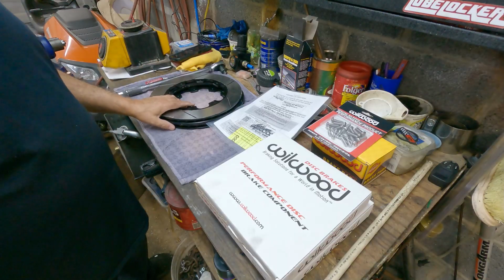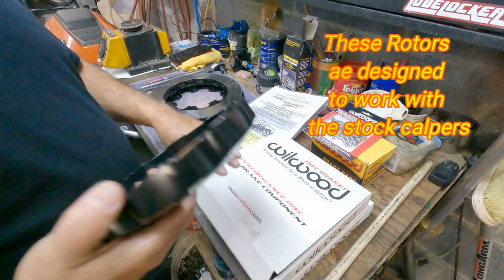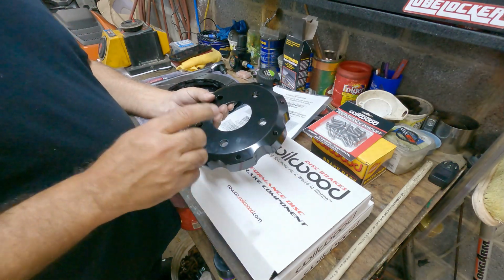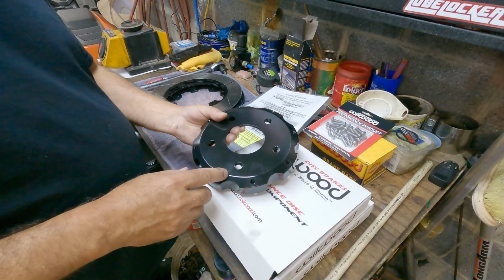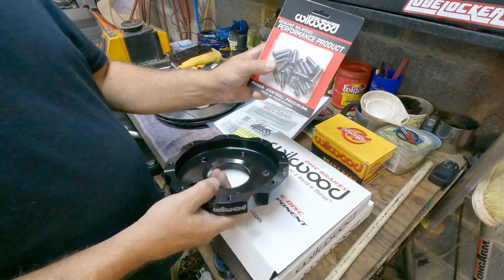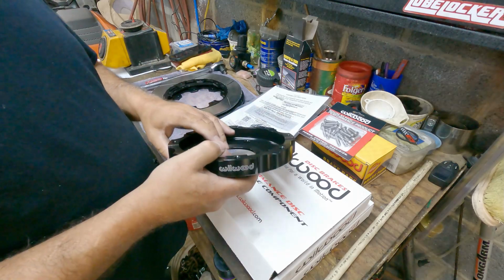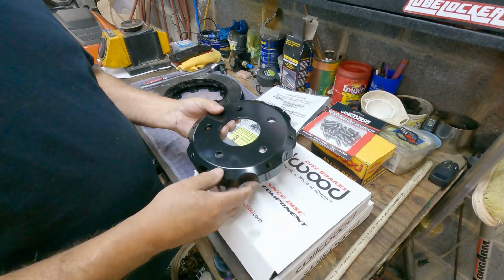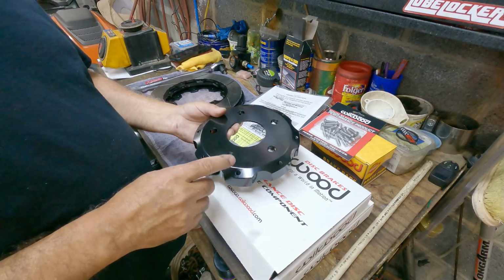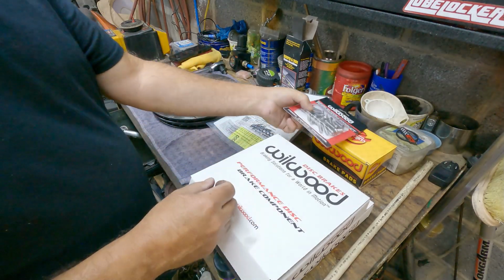Alright, I'm going to show you everything that comes in the kit. One thing I'm going to show you is their hats. These are aluminum, front and rear. The rear ones are different than the fronts, and what I mean is that they use a different style screw, and these need to be Loctited. On the front ones you have a choice of Loctiting them or safety wiring them. The fronts on mine I went ahead and safety wired. These have to be Loctited though, so keep that in mind. They come with 2 of these. The screws,